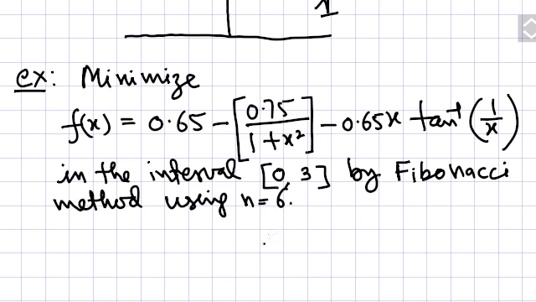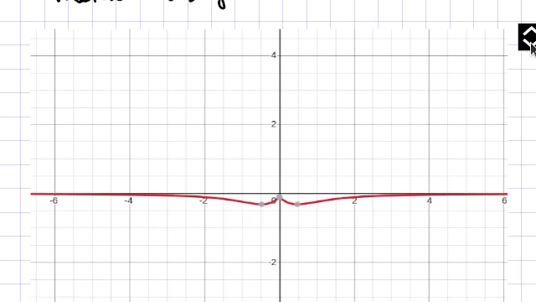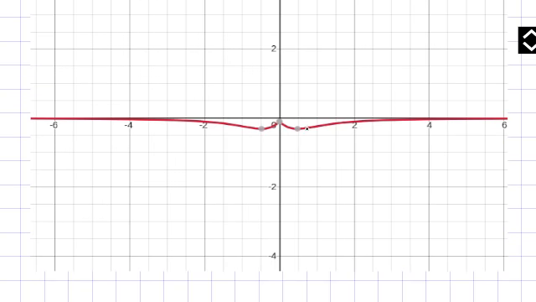Now I would like to show the graph of this function, just to make it more understandable, but in an actual situation you will not be able to know the graph. So you can see here, this is the graph of that function, and the minimum is coming here.